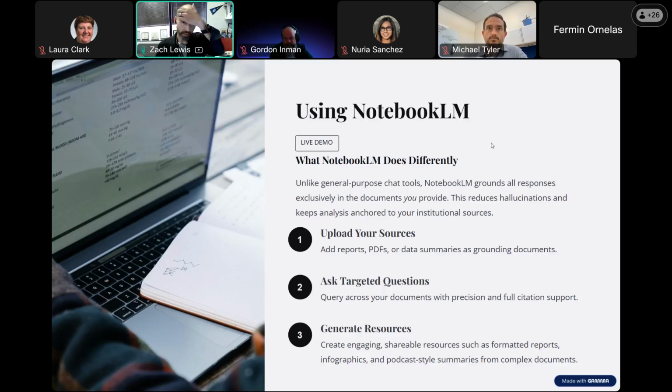So NotebookLM is a little bit different than Gemini for those of you who might not be familiar, in that it almost functions as a closed system. You can upload lots of different content into a notebook, and then within that notebook, you can query the model to review the contents that you provided to it and give it specific instructions so that it can synthesize and contend with all the different inputs that you are providing.